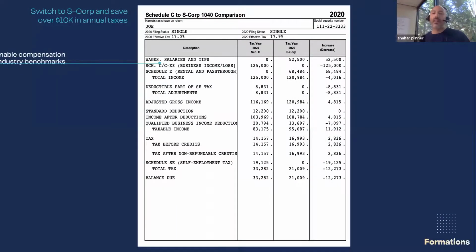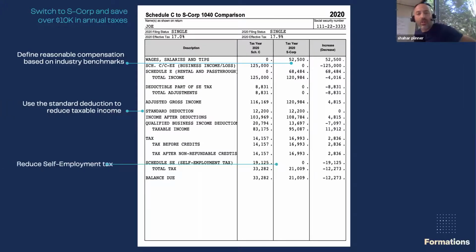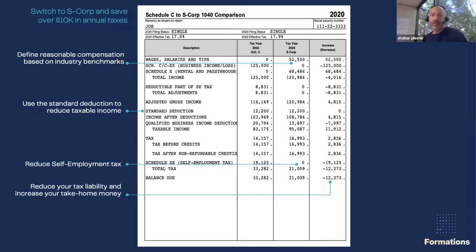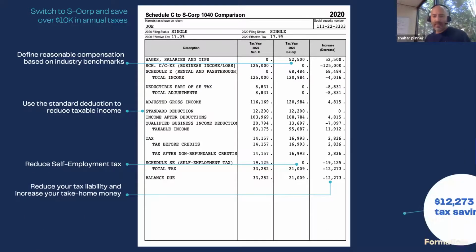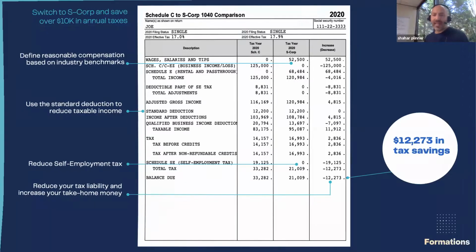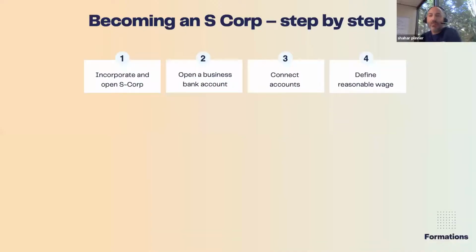You take the left column, where we show you an example of a Schedule C, and then on the right column we show how we convert it into an S Corporation, and these are real numbers. This is $12,000 tax savings on $125,000 of income, which if you do the math, is $1,000 a month in your pocket.